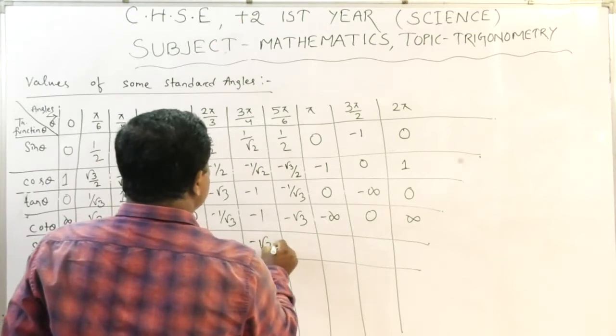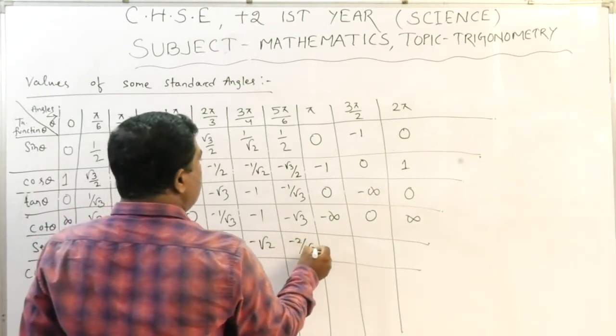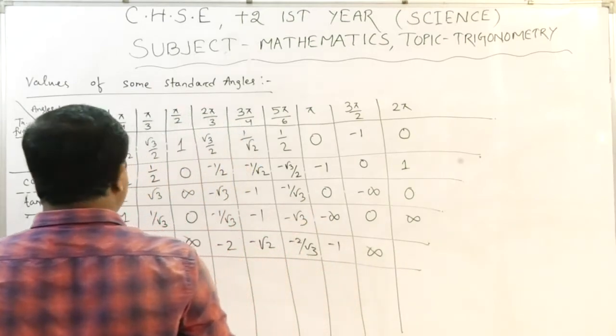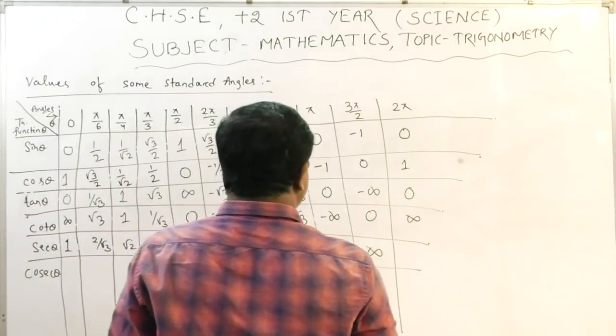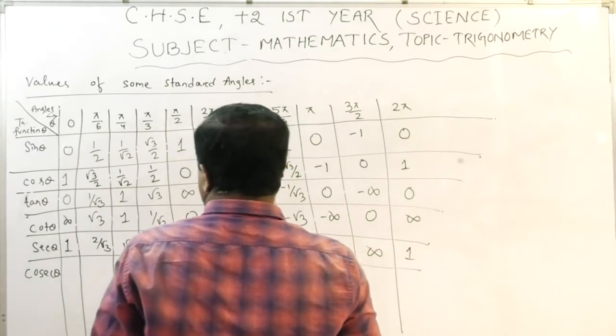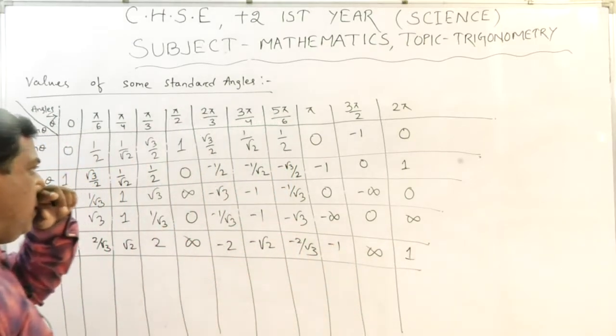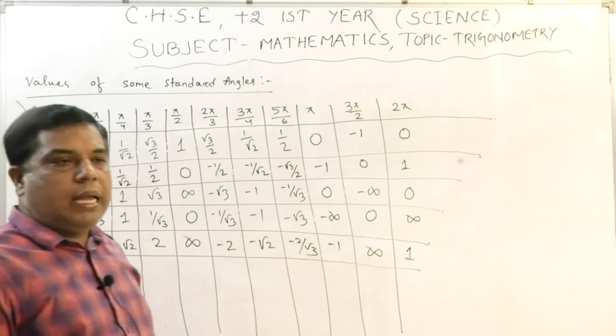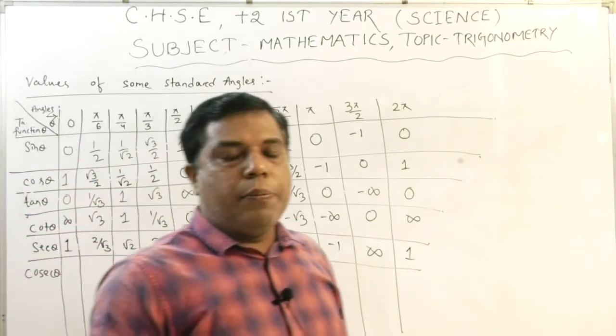It is minus root 2. It is minus 2 upon root 3. It is also minus 1. It is infinite. Okay, dear students, and it is also 1. Okay, so you see the sec function is taking different types of values in different